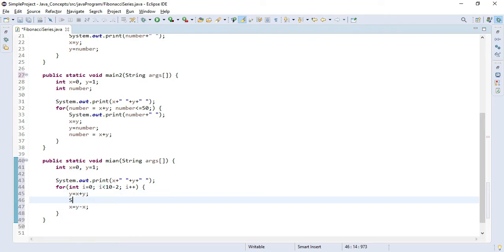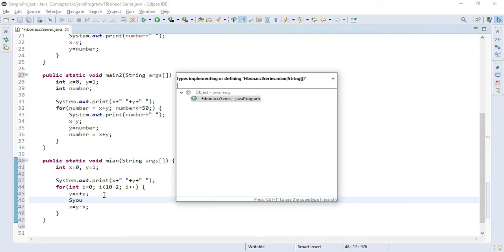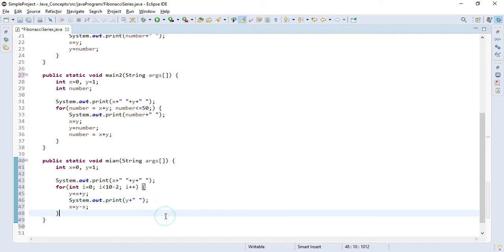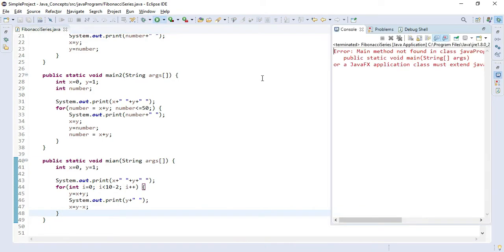Let's just try to execute our code, and to do that remove this. We will print y number this time, and yes, we will add some space. So first let's try to execute this code, and we'll try to understand whether it is working.